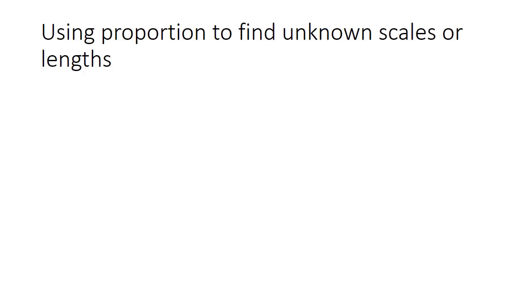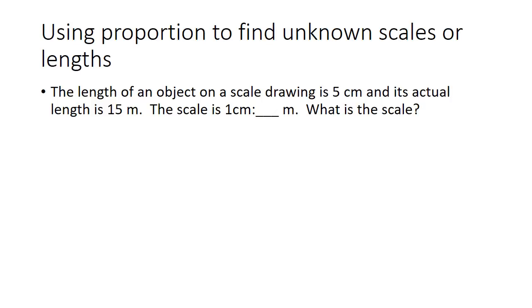So we can use proportions to find unknown scale or length. So if we know the different proportions, we can find out what the scale is. So for example, if the length of an object on a scale drawing is 5 centimeters and the actual length is 15 meters, then what's the scale? How much is 1 centimeter equal? So the way you're going to work that is you're going to set up a proportion